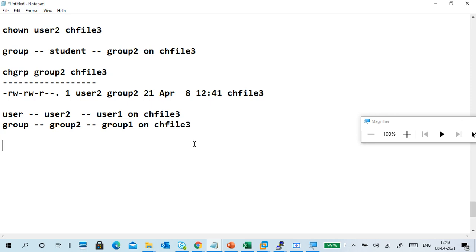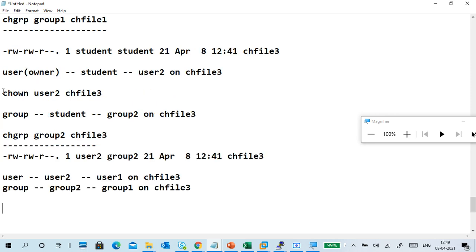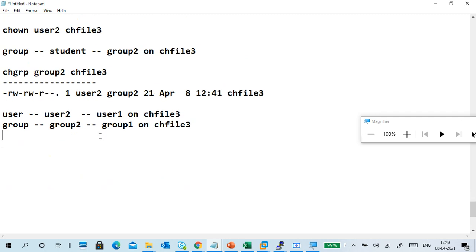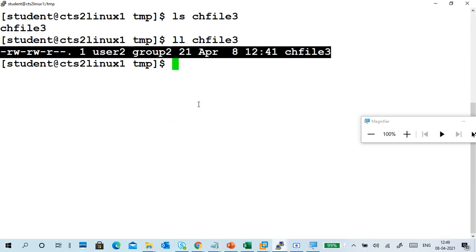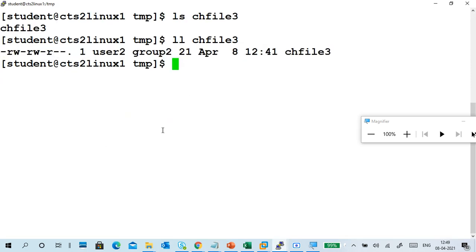So again chown or sudo, whatever the command is. chown user1 filename, chgrp group1 filename. So we have to use two commands, but I will do it at a time, in a single step. Last time we did two steps.